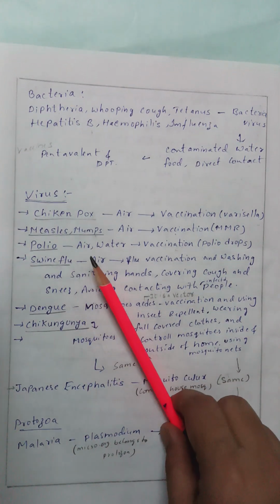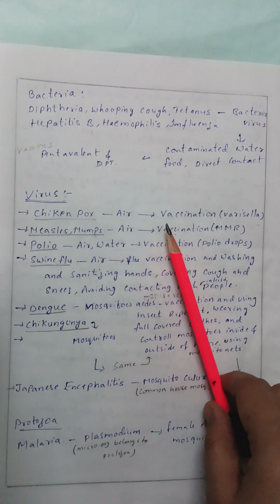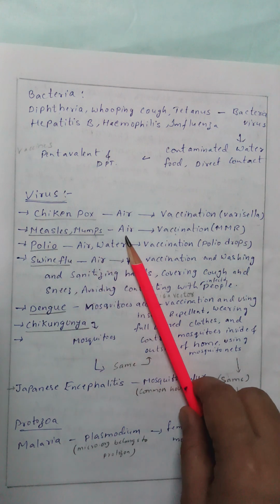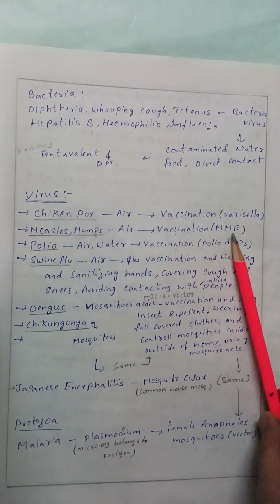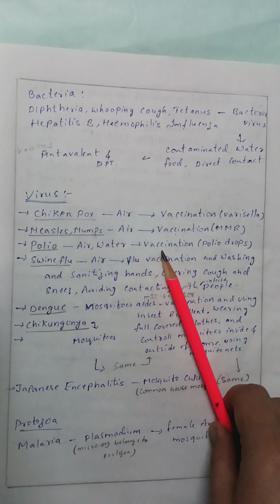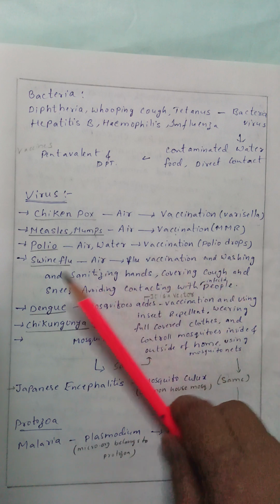Virus. Chickenpox is transmitted through air, and preventive measures are vaccination, varicella. Measles and mumps are transmitted through air, and preventive measures are vaccination, MMR. Polio is transmitted through air and water, and prevented by vaccination, polio drops. Swine flu